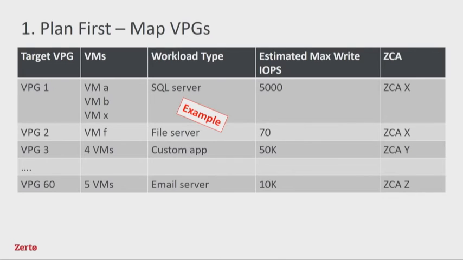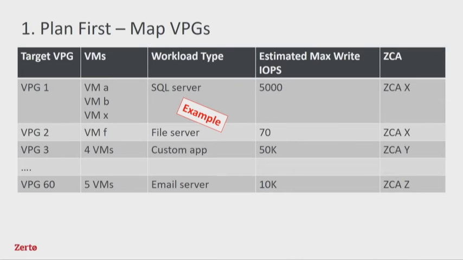So this is just an example. These aren't tied together, but keep in mind to keep the fewest number of VMs that you need for consistency within a VPG, because as you exhaust an AWS instance, you want to have the flexibility to just snap on another VPG onto that instance if it's small, or fire up another ZCA instance and start snapping on VPGs to that. So that's why we laid it out this way, where you would have your target VPG, just number them,